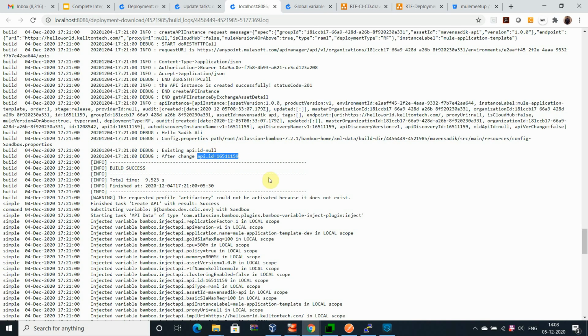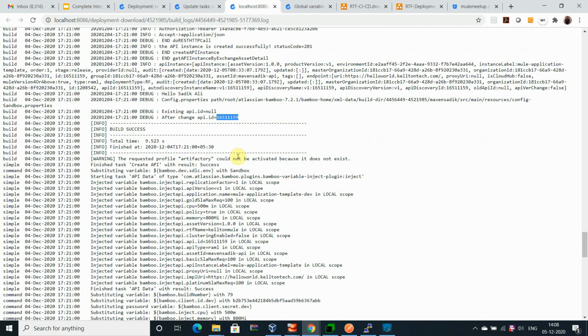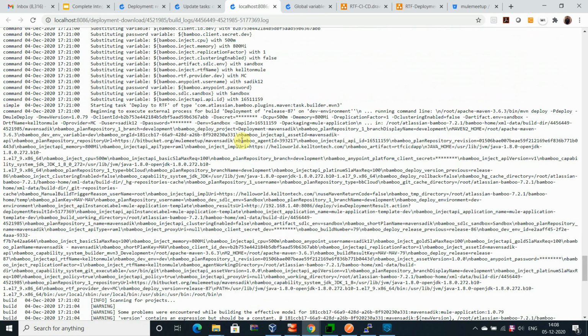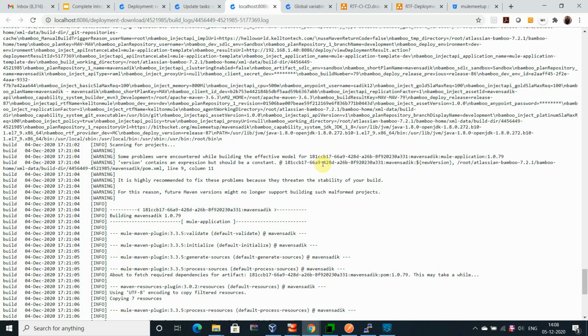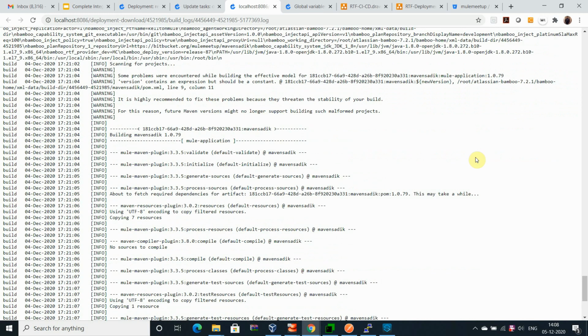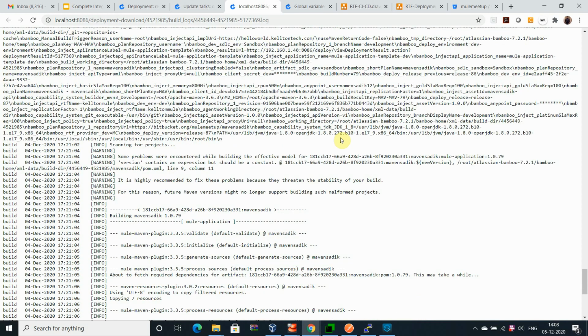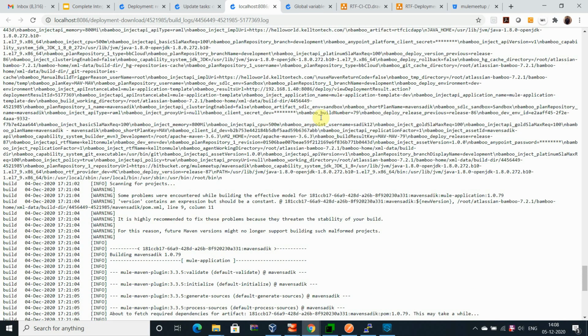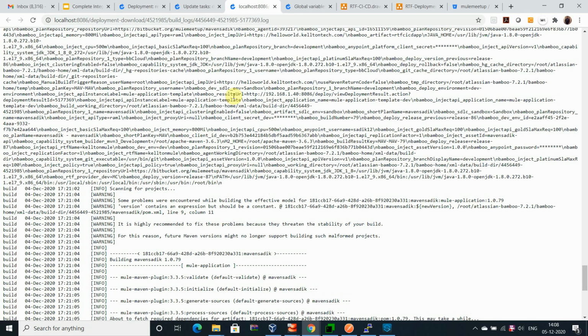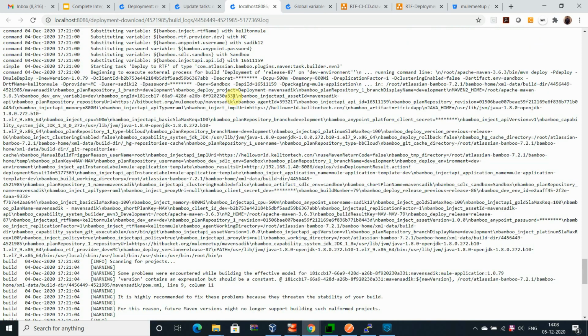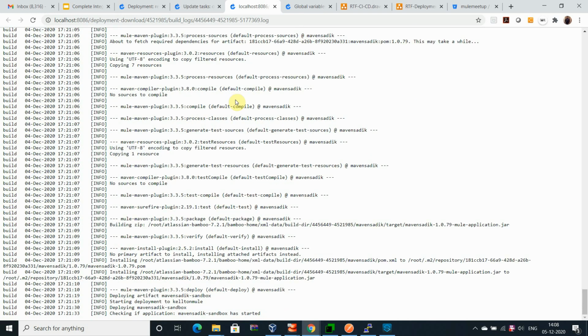Okay, you will get the API ID. The existing property file did not have anything, but right now it changed to the API ID. This one, the new API ID. Once it is associated with the new API ID, you can see that when I'm executing the Maven command to deploy the application. Let me scroll down, it should be below.